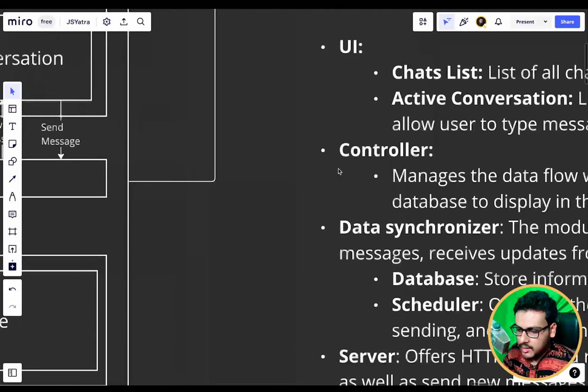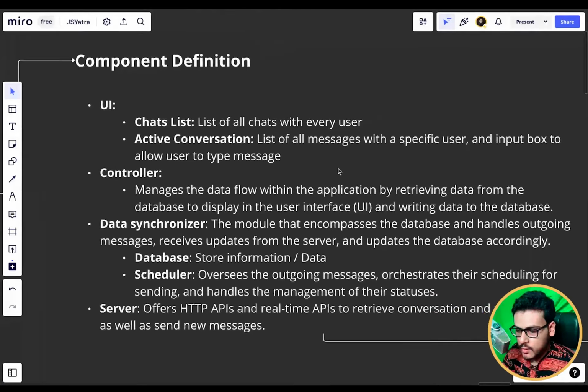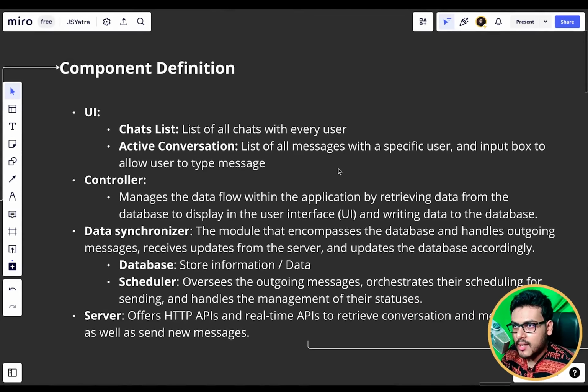Now, if you go with the approach where you are not having any database, you have an architecture just like any normal website. You have a front end, you have a back end, and the front end hits an API on the back end, receives data and shows it. And this can be done in a certain way as well if you are using long polling or short polling. I'll tell you about these concepts in depth, but let me tell you the disadvantages of this approach for chat applications.